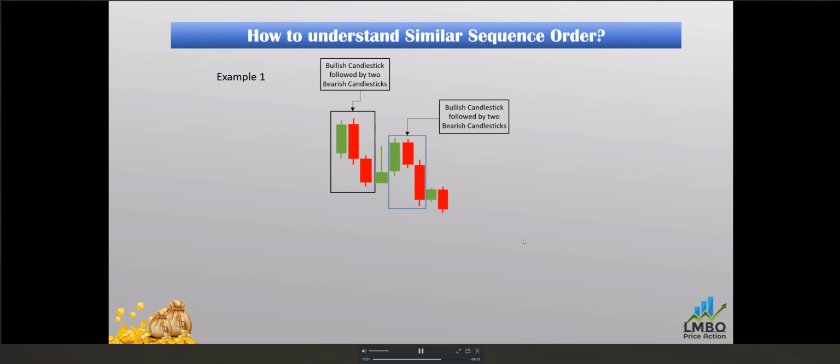Like here, just look at this: a bullish candlestick followed by two bearish candlesticks, a bullish candlestick followed by two bearish candlesticks. And if this bullish candlestick is followed by one red candle, we expect the next will be red too. So we will trade the next candlestick as a sell. In that, we are able to understand that this pattern will work. The bearish pattern also works, meaning the bearish pattern is working with the help of a similar sequence. So this is the algorithm of the market. We need to remember and focus on this algorithm.